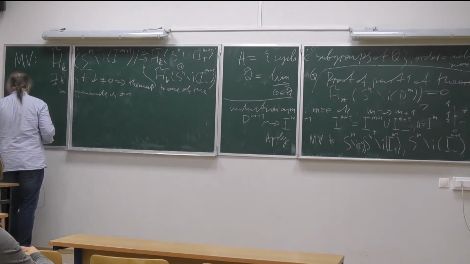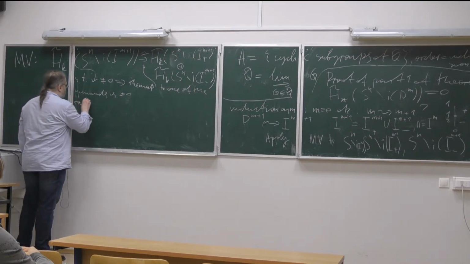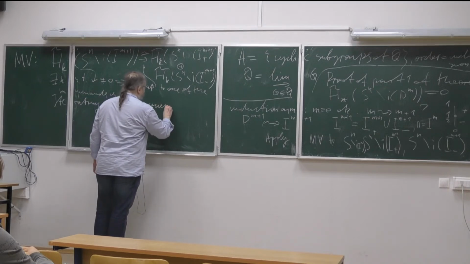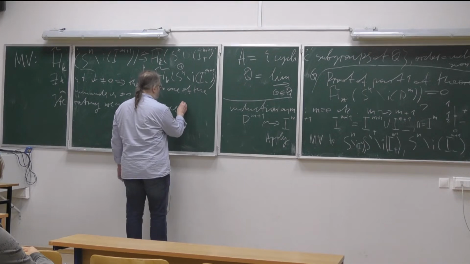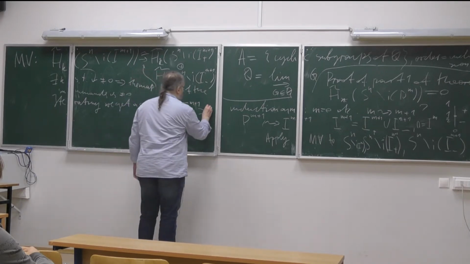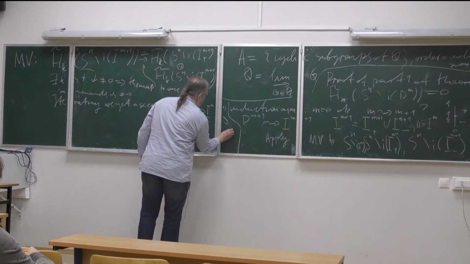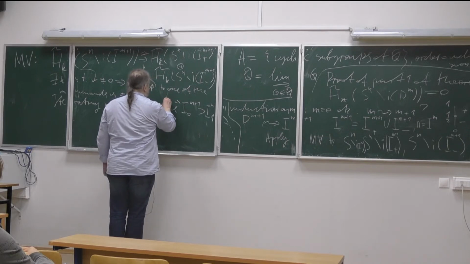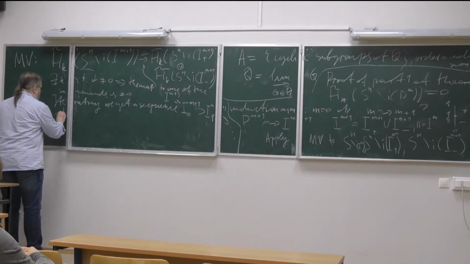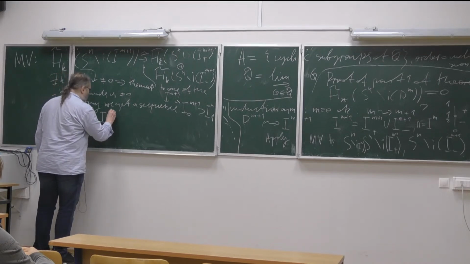As a consequence, we get a sequence of n plus 1 dimensional cubes such that the intersection is an m-dimensional cube,